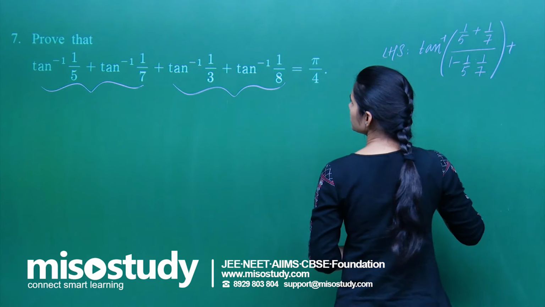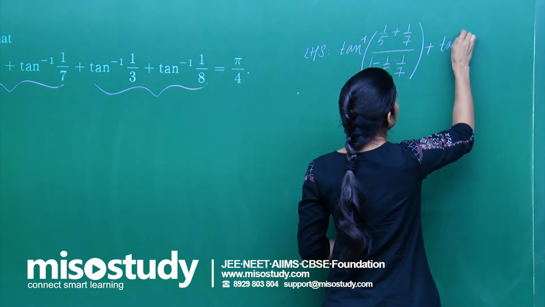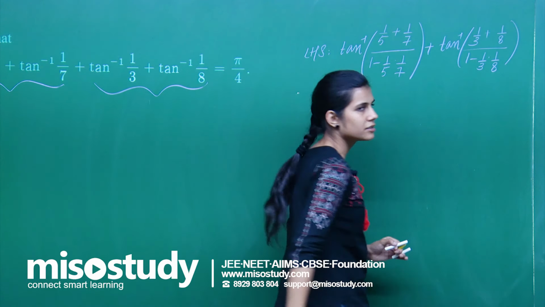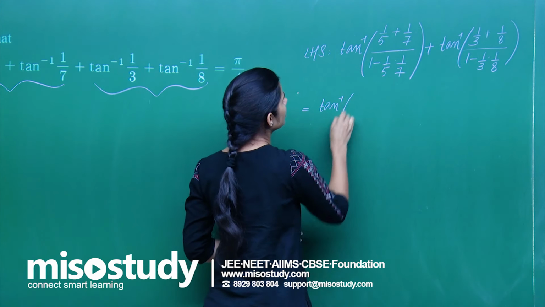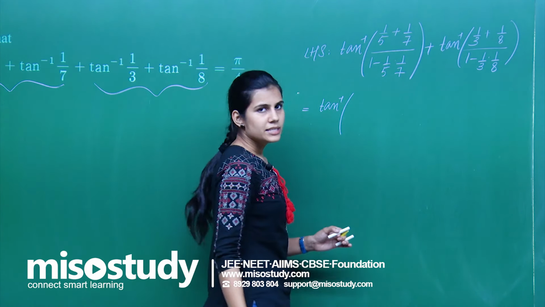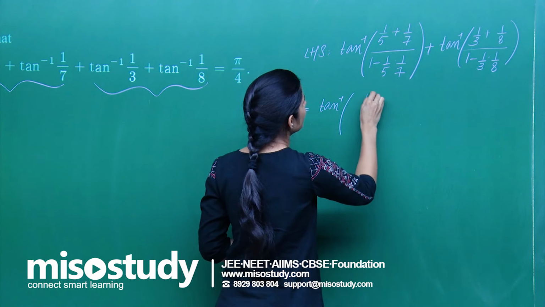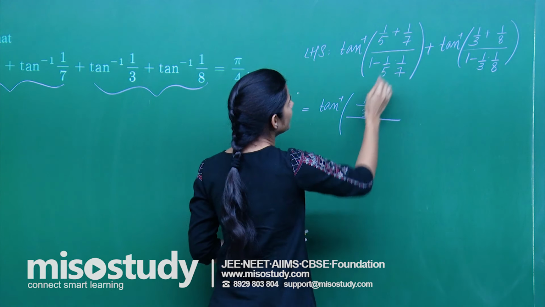Next you have tan inverse 1 by 3 plus tan inverse 1 by 8. So it is tan inverse, again plus is only there, 1 by 3 plus 1 by 8 whole upon 1 minus 1 by 3 into 1 by 8. Let's begin the computation. This is equal to tan inverse LCM is 35, you have 7 plus 5, that is 12 upon 35 whole upon 35 minus 1 is